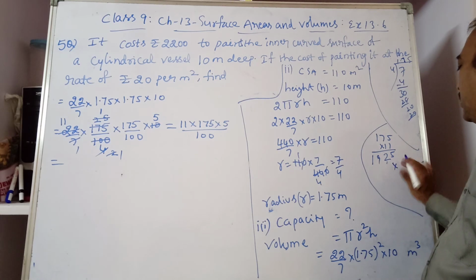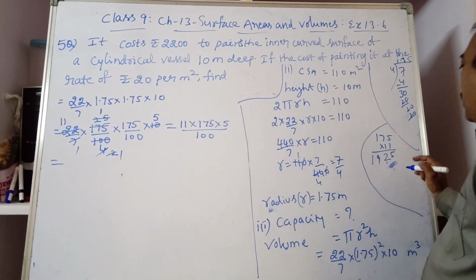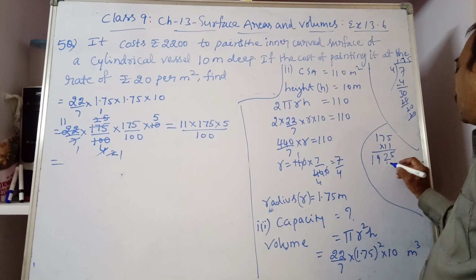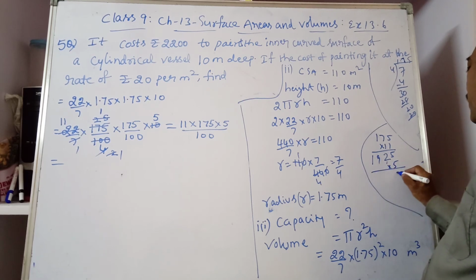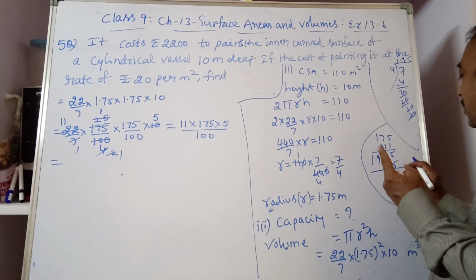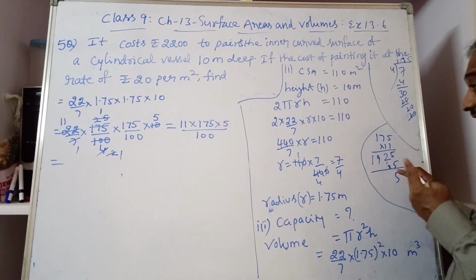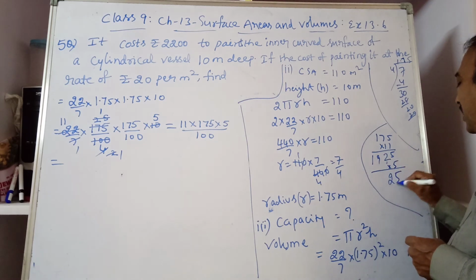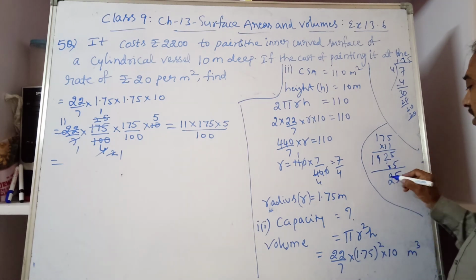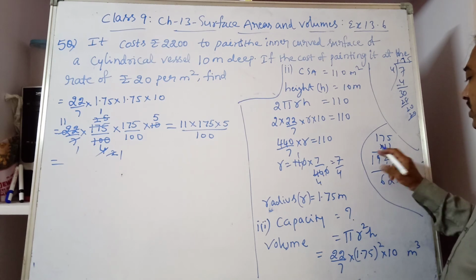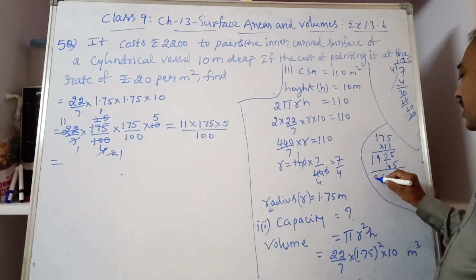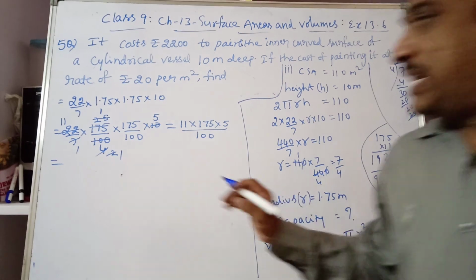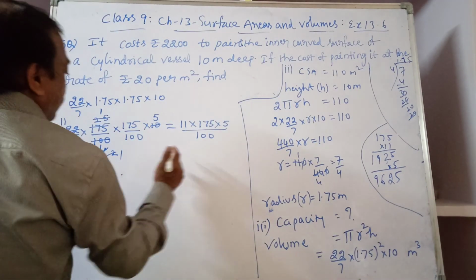Now with this you have to multiply with 5. 5 fives are 25, 2 remains, 5 nines are 45 plus 2 is 47, 5 ones are 5 plus 4 is 9. So this answer completely here we are getting